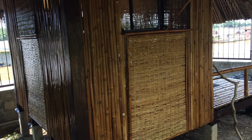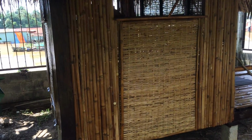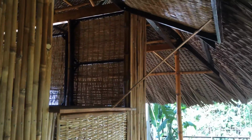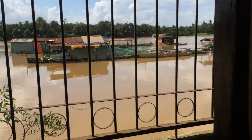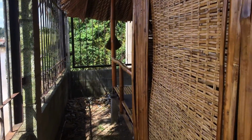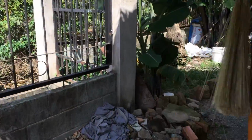We built the frame with old timber and bamboo, and part of the wall is split bamboo, and the middle part is woven bamboo mat. Also the window we made from the woven bamboo mat as well. So probably the three sides of the hut have the same structure. Here also, yeah. So that is it for the